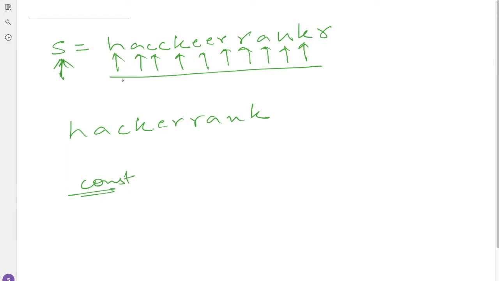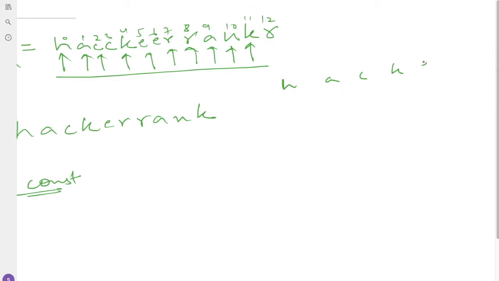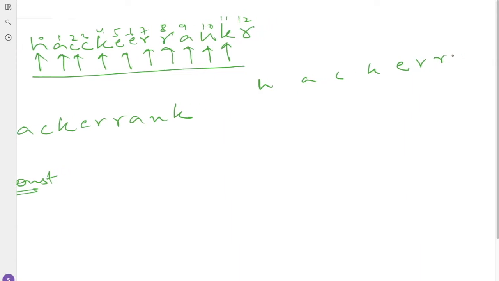And the constraint is that all the corresponding indices, like 0, 1, 2, 3, 4, 5, 6, 7, 8, 9, 10, 11 and 12, should be in increasing order, like the indices of H, A, C, K, E, R, R, A, N and K. All the indices should be in increasing order.